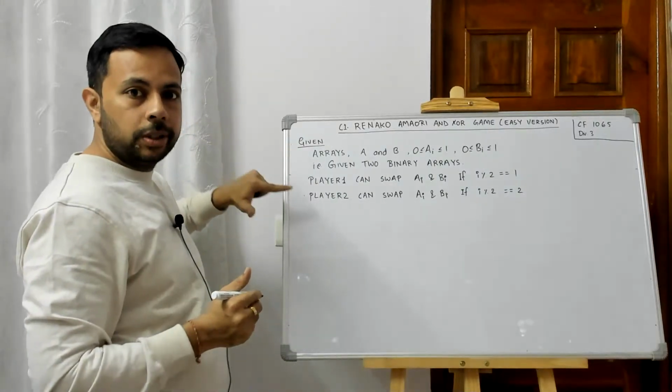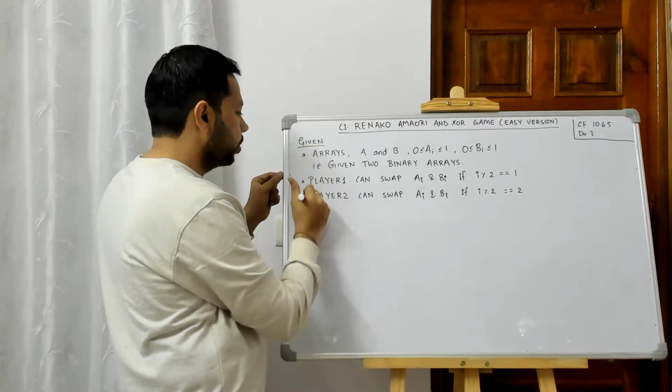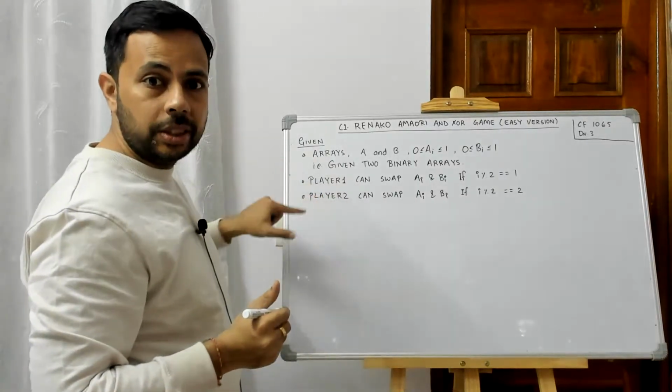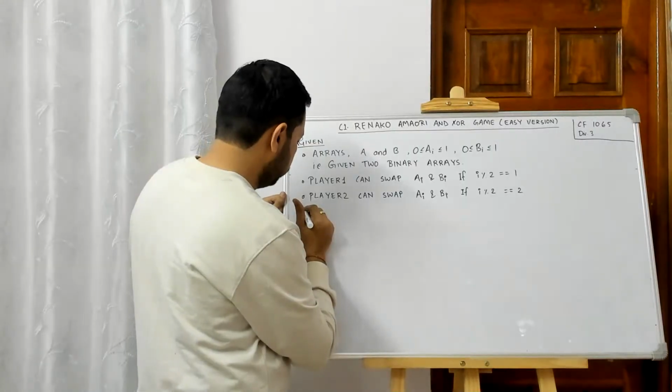Given two arrays, this is the play condition. This is the play condition, and then what it says is